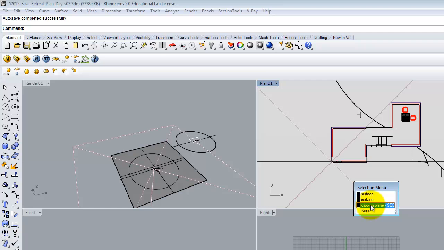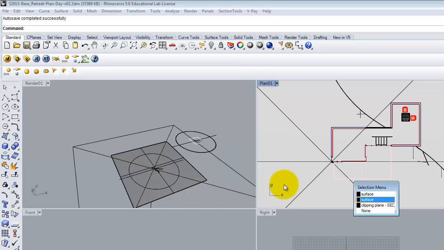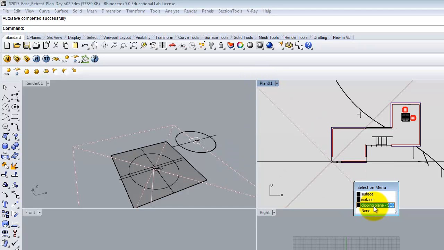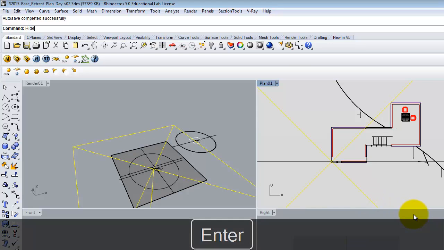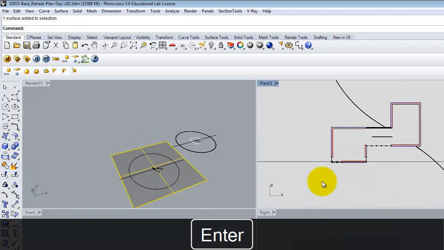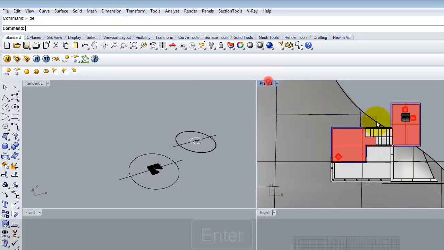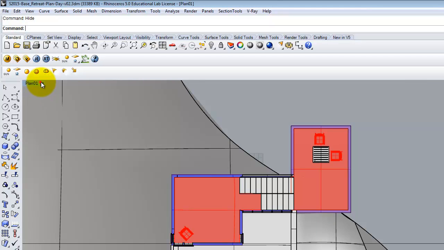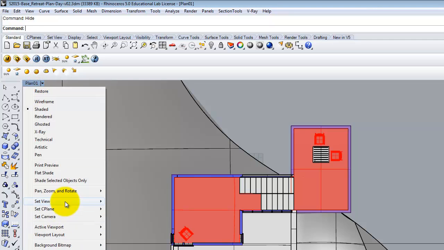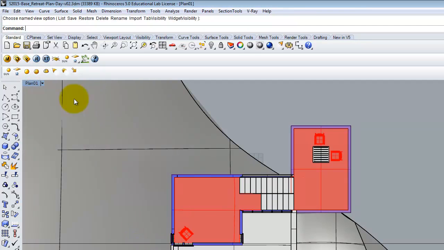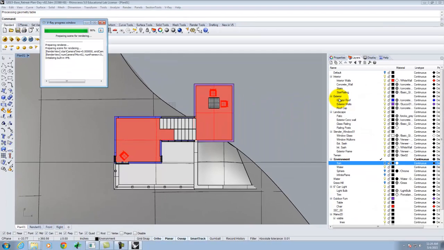Let's see what else we have here. Let me hide this as well. There we go. So we're back to this view, right? And from here, as long as, let me just double check my view. Let me go to set view, plan, and then when I render,